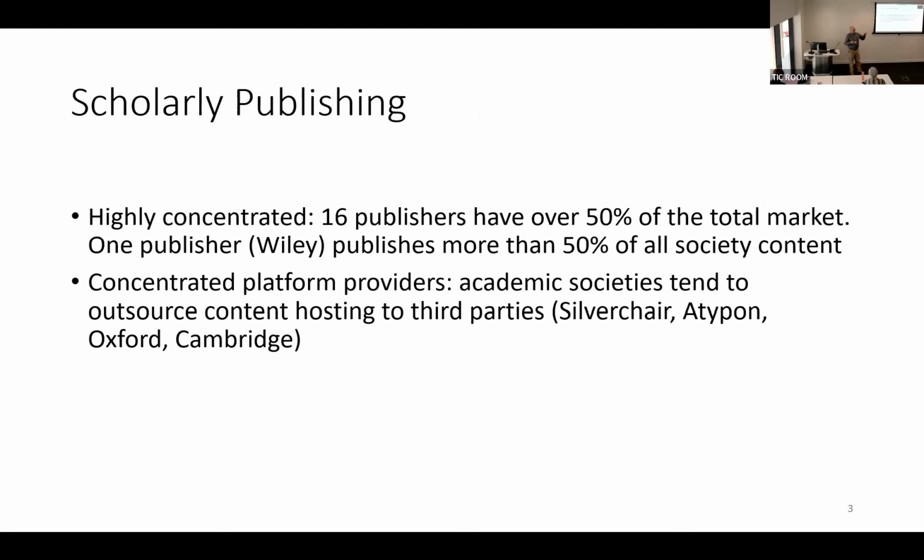So nonetheless, each publisher continues to provide content, and when you go to content collections, frequently they're simply portals where you're then transferred, when you've done your search, to the content which is held on the publisher platform. Now, as I'm sure you know, there's an increasing concentration of publishers in scholarly publishing. Just 16 publishers cover about 50% of all the content, and one publisher, Wiley, is specialised in scholarly societies, things like the Royal Society of Chemistry, the Institute of Physics. There are hundreds of them. One publisher publishes more than 50% of all society content by number of societies. So it's concentrated, and